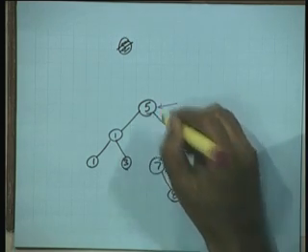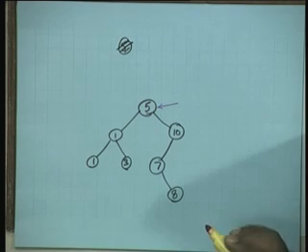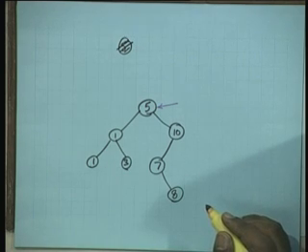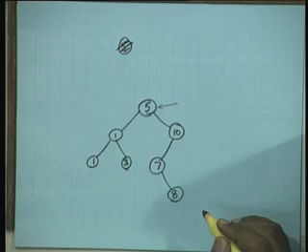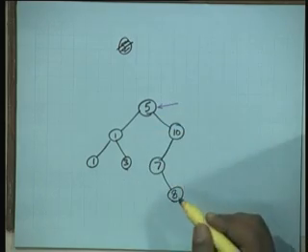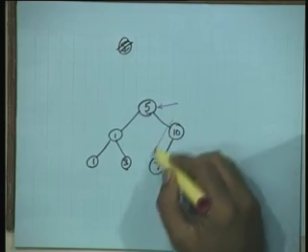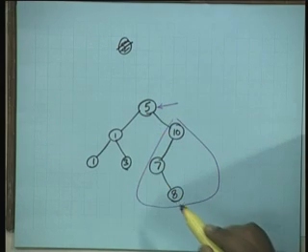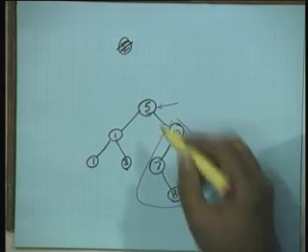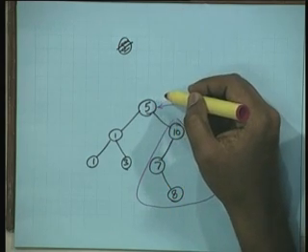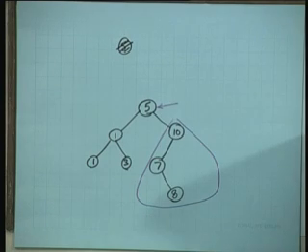I am trying to find out the successor of this node. This has a right subtree. Now all of you are tempted to say that the successor of this guy has to lie in this right subtree. You want to say that the successor lies here. Why? This is not the entire tree. Please remember, it could have a parent.